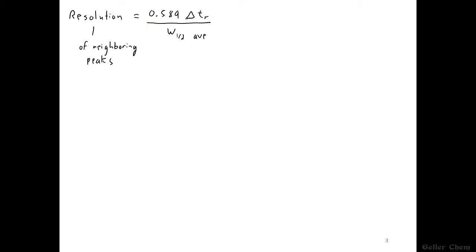Let's summarize what I'm talking about and then see this in action with an example. So lower resolution, which is bad, means we can't distinguish things very well. Lower resolution means that there's more overlap of peaks, which could be the result of either the difference in retention times being too small,